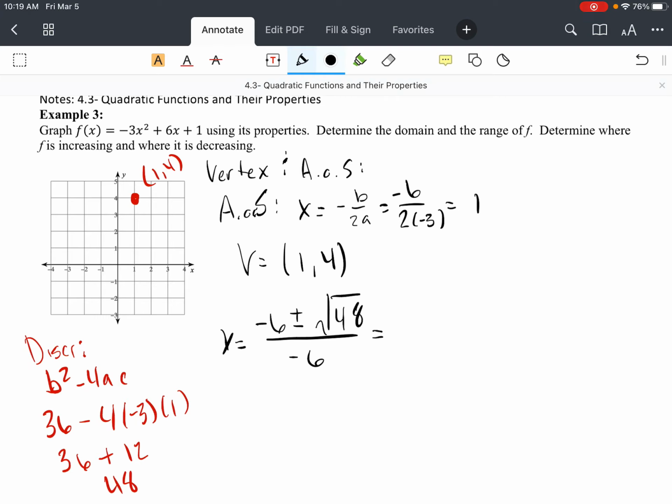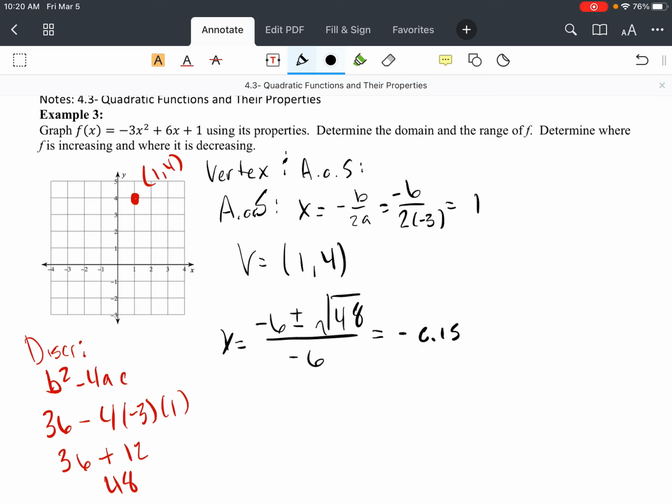I'm just going to let you type this part into the calculator, and we'll move on from here. I'm going to do this with you: negative 6 plus the square root of 48 divided by negative 6,